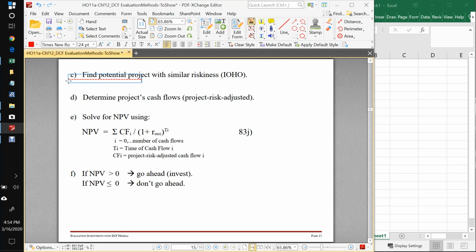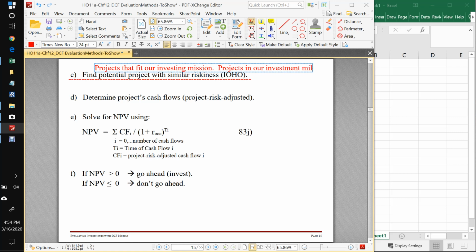We go looking around the world for projects with similar riskiness. These are projects that fit our mission statement. Right? Or another way to say this, projects in our